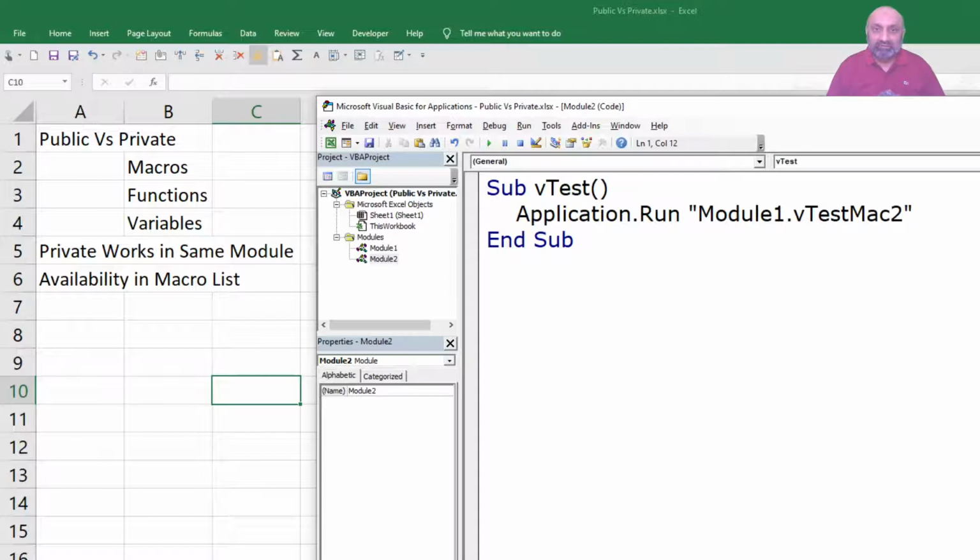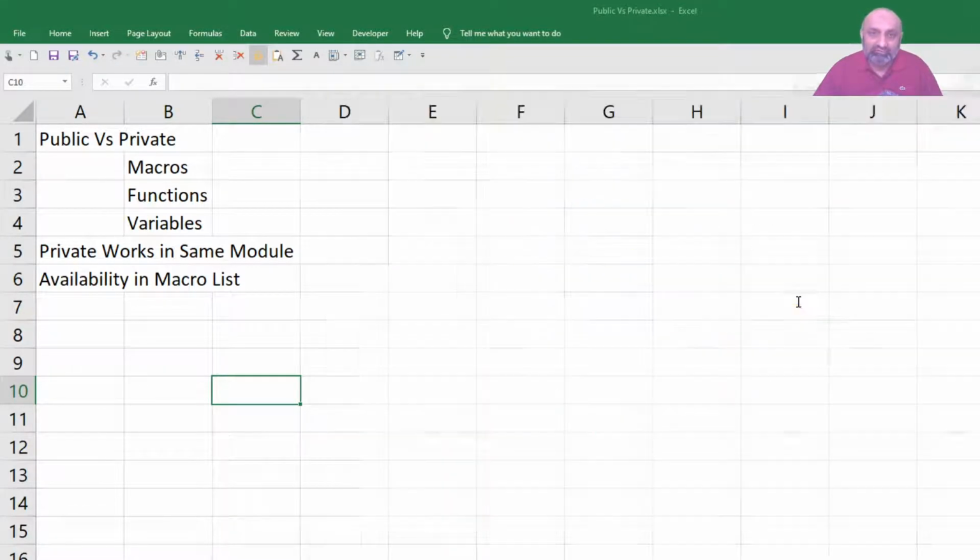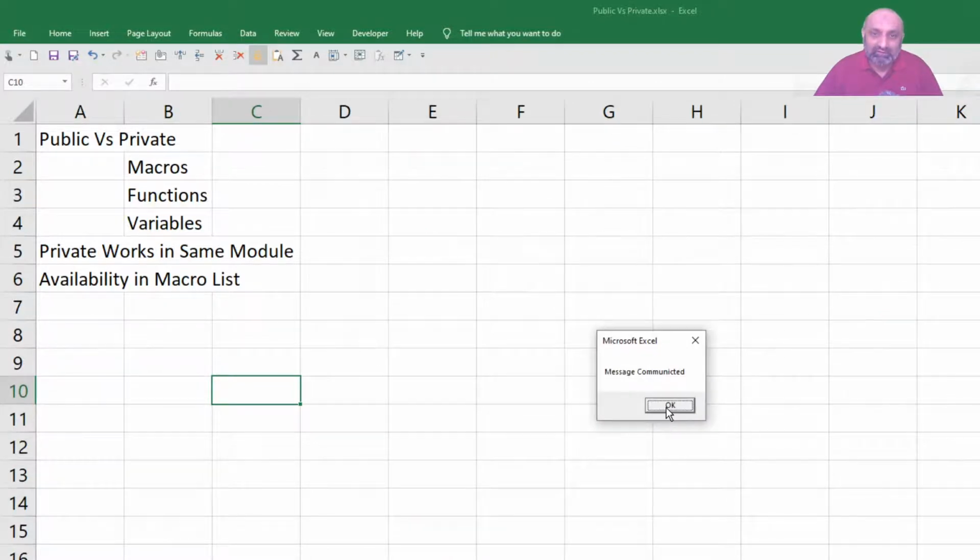Okay, so Application.Run, and then you have to give the path, like when we refer to a file, we say C colon backslash users backslash this backslash, we give a full path. So here we have to give the name of the module in which that private macro is present, and if we run it now, this will run like this.